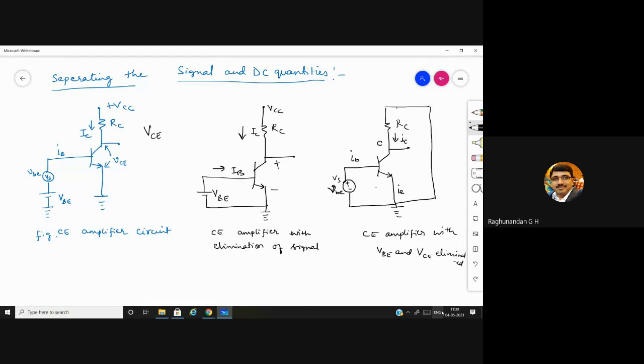Coming to the third circuit, you can observe the DC signal is eliminated. That means plus VCC and VBE both are eliminated. Only the AC source is retained. In this case, even though we can tell it's in common emitter configuration, we still cannot predict whether the operating point is in the active region, cutoff region, or saturation region, because the main